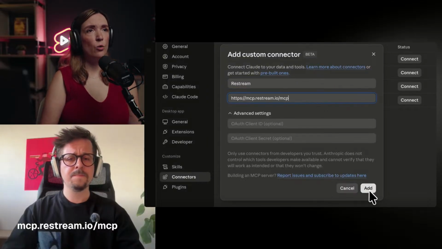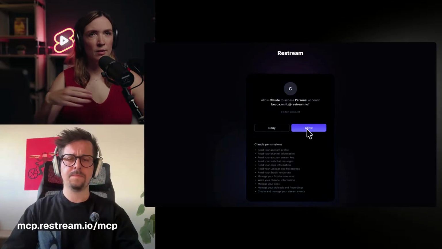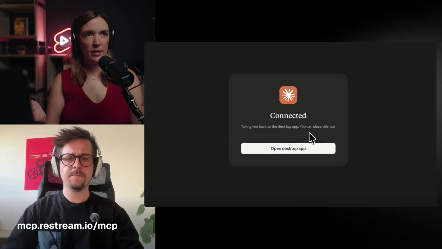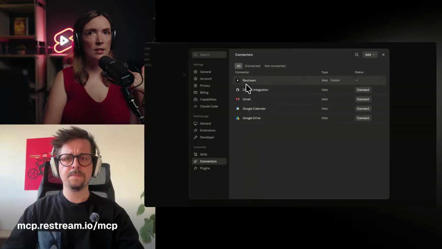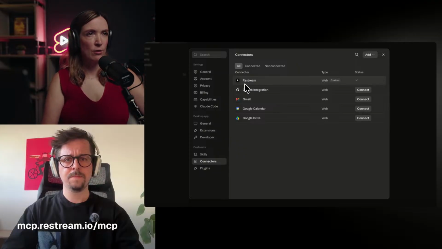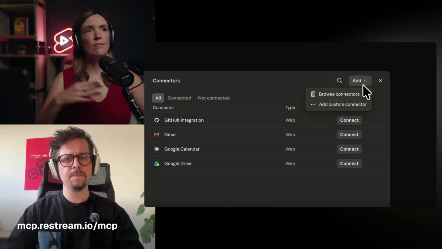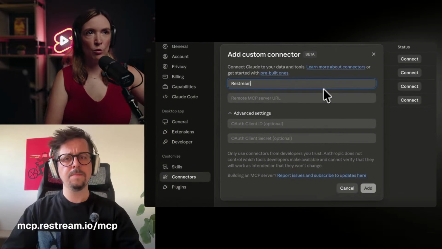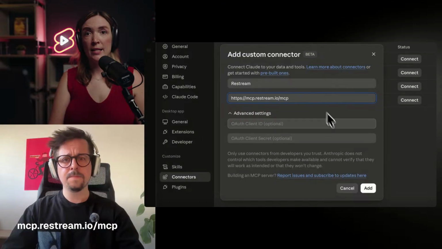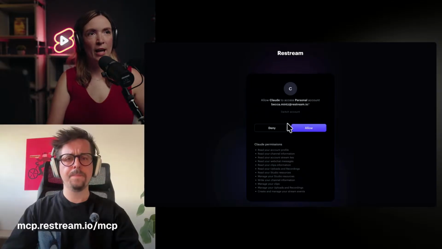There was one little nuance that we wanted to point out: if you have multiple workspaces and multiple different accounts, you might have to reconnect depending on how much you're switching, which we sometimes do because we have this live show workspace and then we have some others. So that's one thing to consider if you're a giant team. But for most of us who are just using an individual Restream account and an individual account on those AI assistants, it's one and done, right? Set it and forget it.